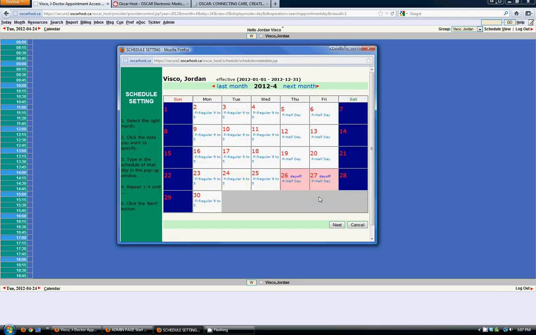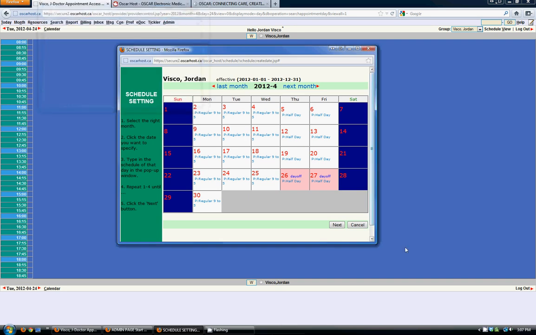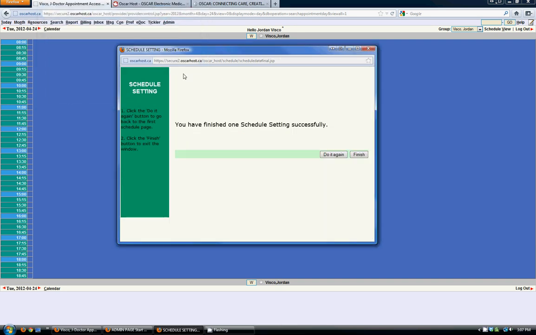And we're going to click Next. What you can do on this particular page here is see and modify a schedule for a particular day. So if on the 13th you've decided you'd like to work a regular day, then you can modify that here, and you can choose a different template for an individual day. But we're not going to do that right now, and we're just going to click Next, and it says you have finished doing that successfully, and if you want you can do it again